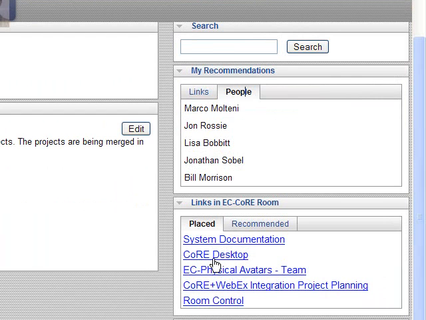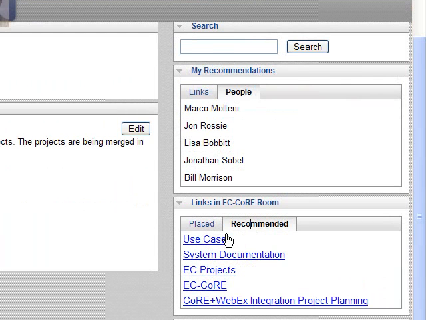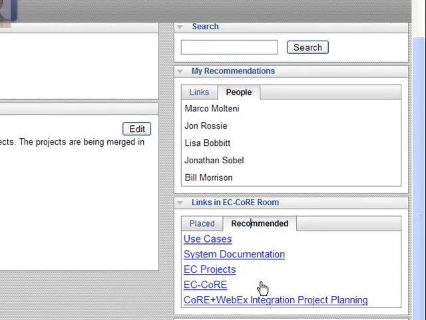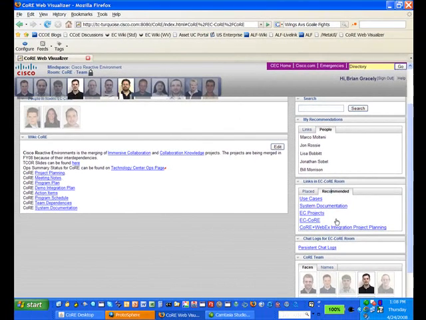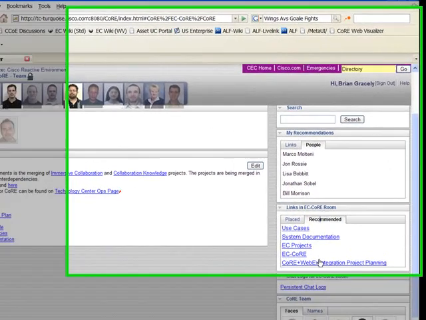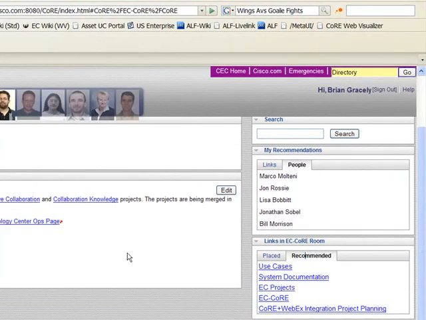The next thing that we're going to see is any linkage to content or documents within the space. So a number of documents, a number of subcategories within here, both manually placed by users or things that have been recommended by people. So explicitly recommended by people. As they've gone, they've read a document, they've said, hey, I really recommend this. So think about it as just like what we're seeing in Web 2.0, where people are tagging things and putting stars and ratings on this. And this is going to show us the most highly recommended things for this environment, for